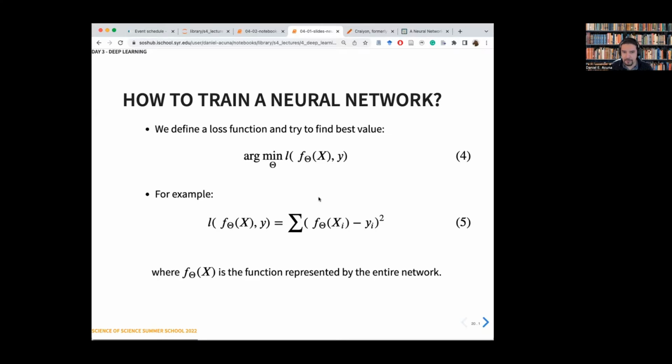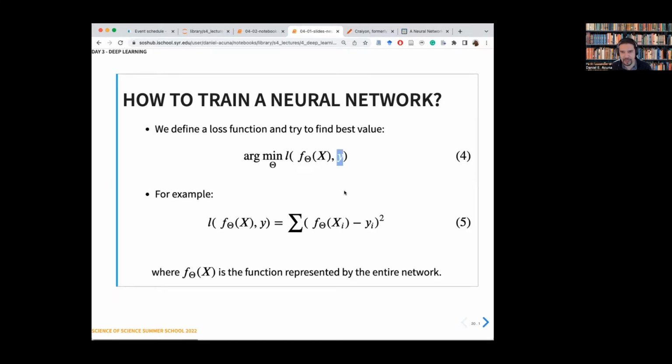So the basic idea is that, similar to what we saw on Tuesday, you want to minimize some difference between the output of your training data and the output of your neural network. You can think of your neural network as just a function of the inputs, and you can define a loss function that will depend on your problem, whether it's a regression problem or a classification problem, and compare that against the real data that you have, the output, the label. A typical example of that would be something like a squared loss. You just take the difference between your prediction and the actual data and you square that. That will represent how many mistakes you're making.